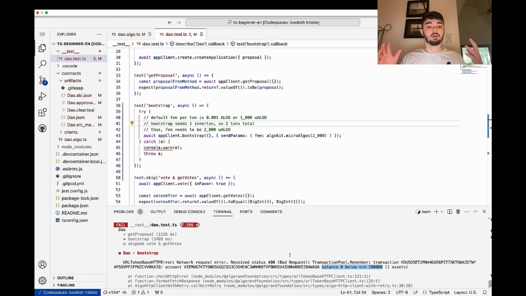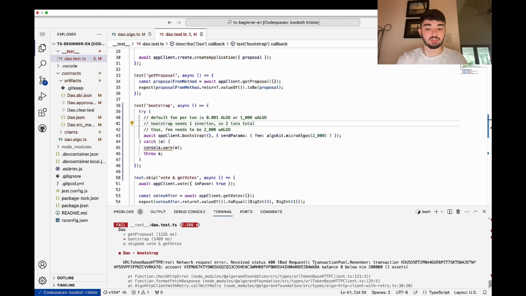So by default, if we want an account to show up in the ledger, we need 0.1 algo or 100,000 micro algo. However, anytime we create an asset that also increases the minimum balance requirement by an additional 0.1 algo. So anytime we do something on chain that increases the amount of space we're taking up on chain, so when we create an asset that adds something to the Algorand database, thus making it bigger, we need to pay